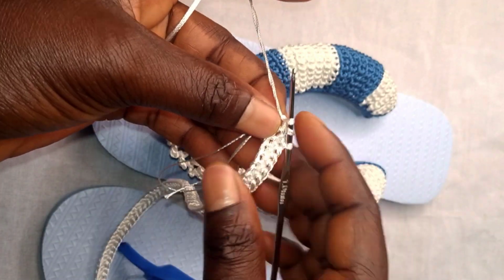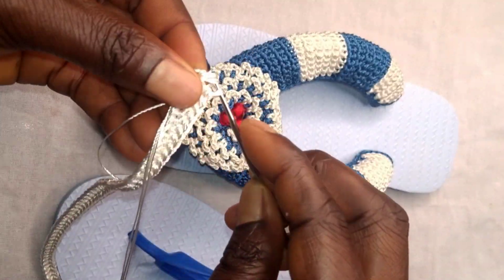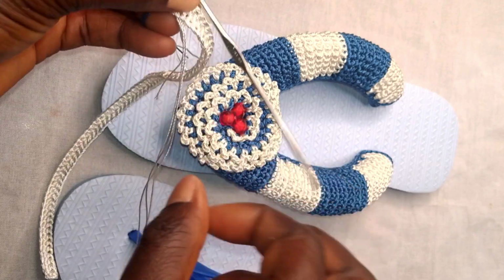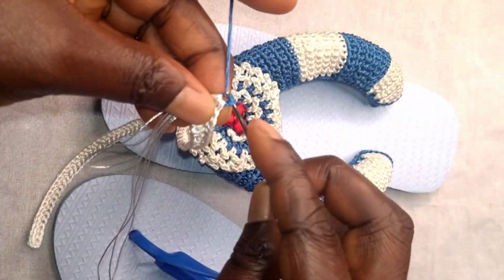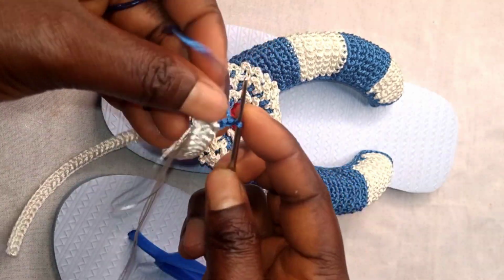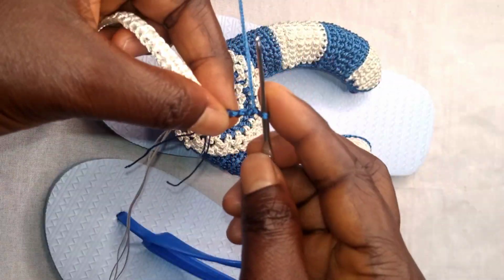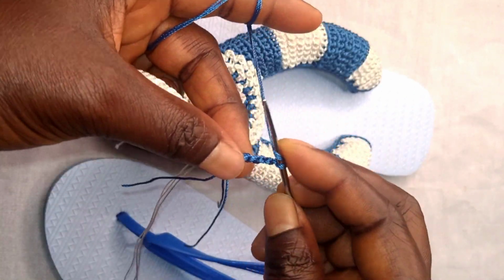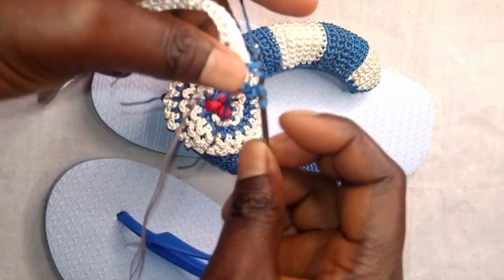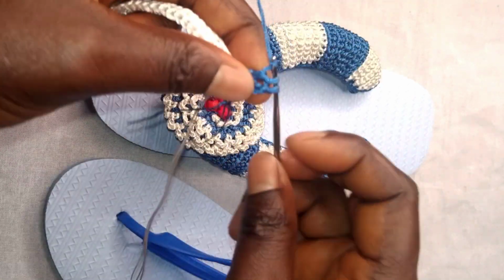So at the end we are going to change the color. We are going to use blue color. So you pull down the white, make 1 chain with the blue color, then make 3 more chains. So yarn over 1, yarn over 2, insert, yarn over and pull through 2, pull through 2 and pull through